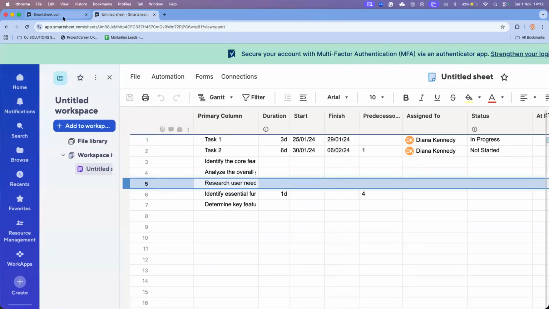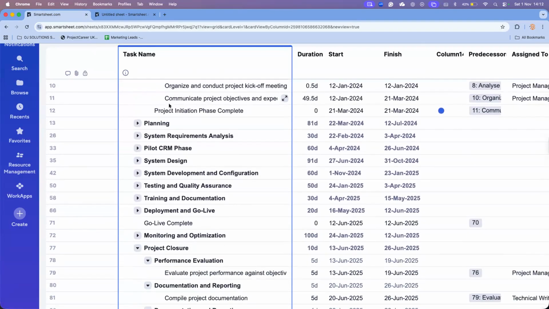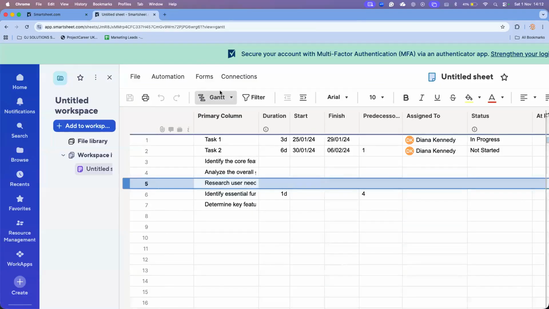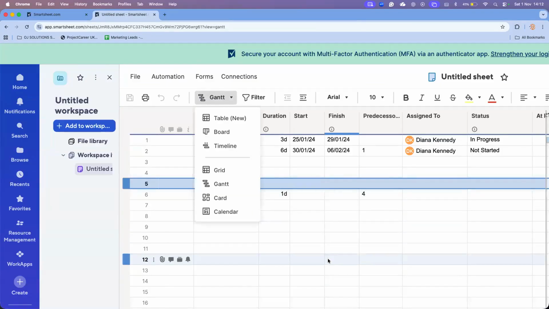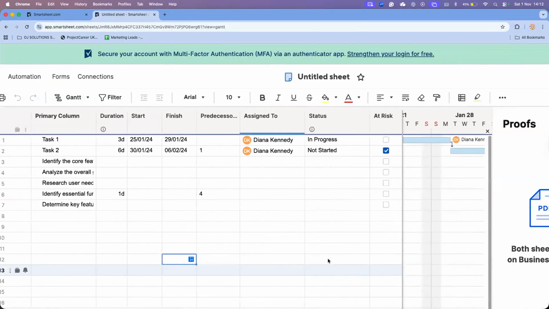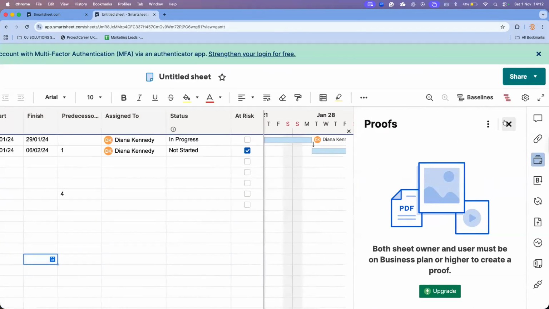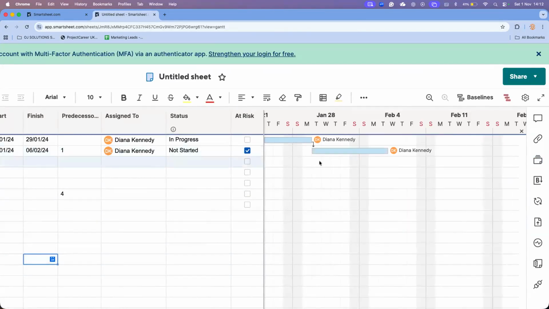Come on, this thing is so sensitive. If I use my Gantt view here, which is already on, I can give a good view of the project, assuming everything else is complete. But this doesn't really give me the answer I want.